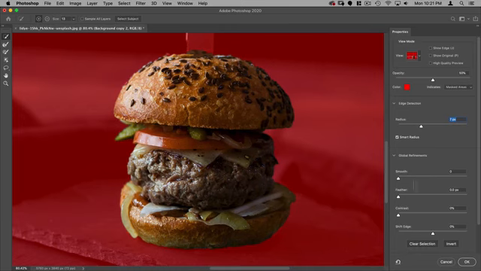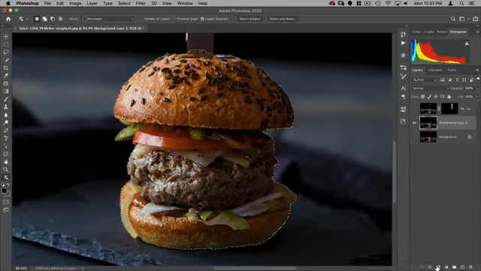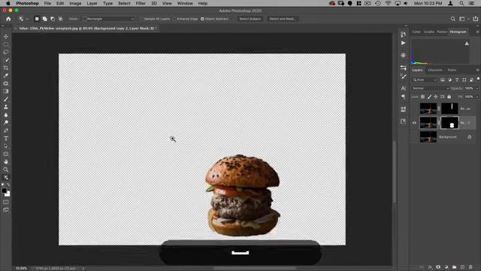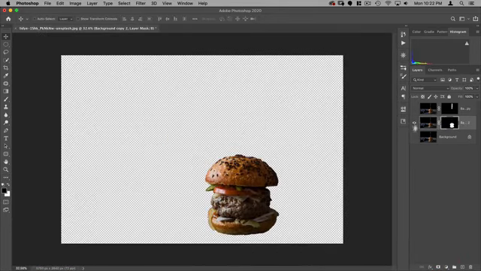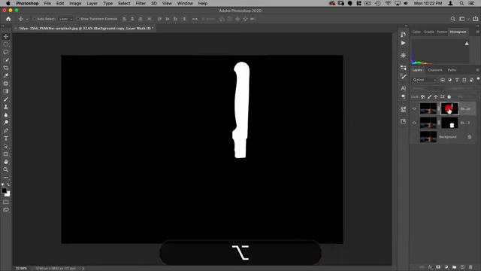So let's leave it at 7 pixels and hit OK. And we're going to add a mask to that. Okay, so here we have 2 layers, and I really don't need this to be 2 layers. It could just be 1 layer, or sorry, 1 layer with 1 mask. So how do we combine these 2 masks? Well, to look at the mask independent of the layers, hold down Option and click on it. And there you can see my mask.